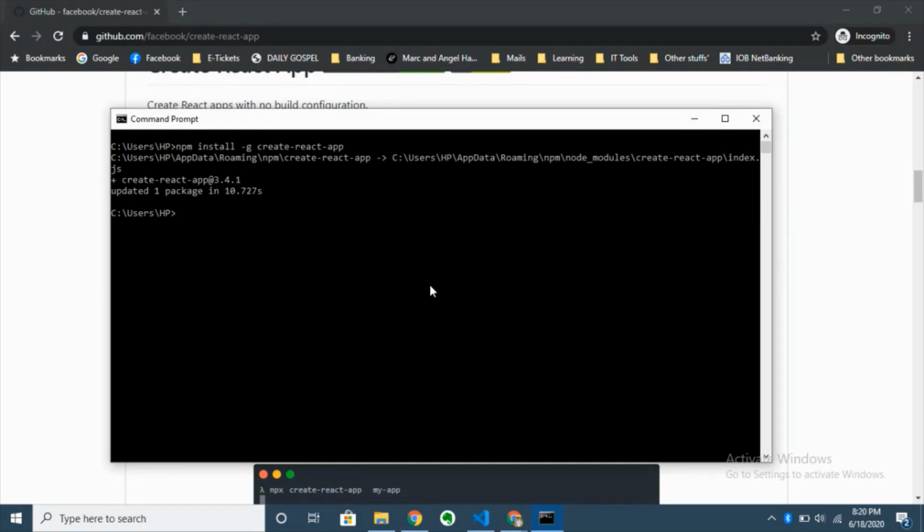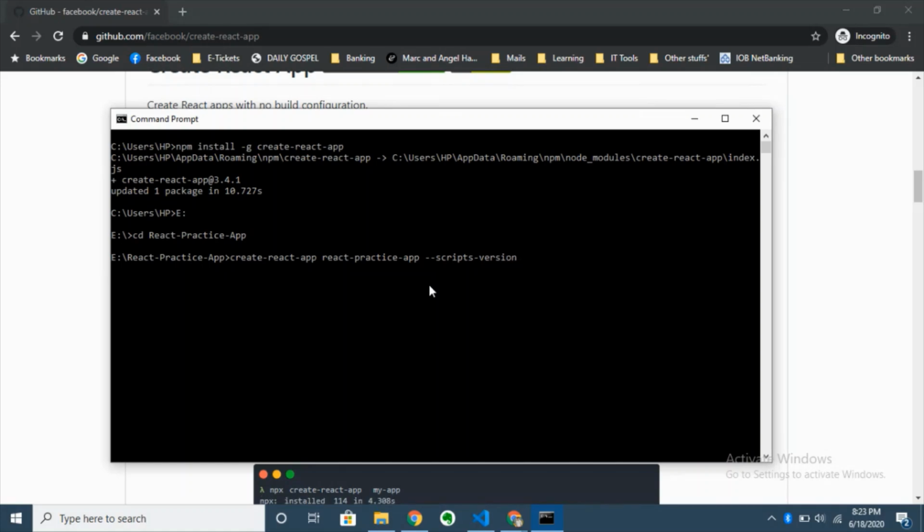Before creating our project, we have to go to that particular location. Let's say I'm going to create my project in my E drive. So I'm navigating to my existing folder, which is an empty folder. To create our React project, first let's type the tool name, create-react-app. Then after that, we have to specify our project name. Let's say react-practice-app. As a third parameter, I'm going to add the scripts version.